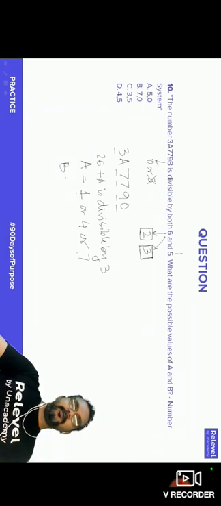But b for sure is 0. So they're asking possible values of a and b. So 1 and 0 is not there. 4 and 0 is not there. 7 and 0 combination is there in the answer. That is option B. So answer to 10 is option